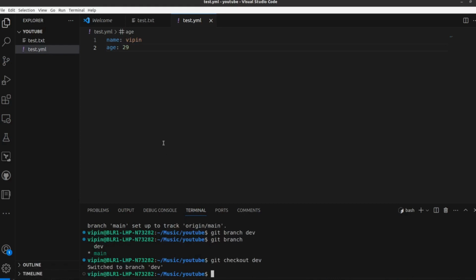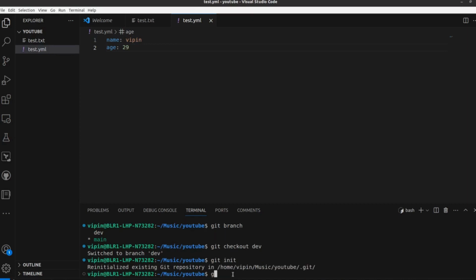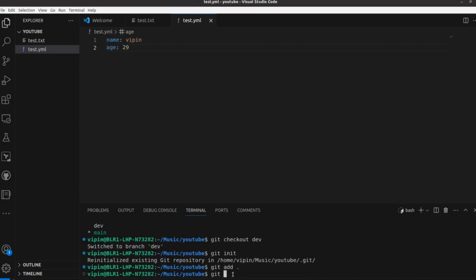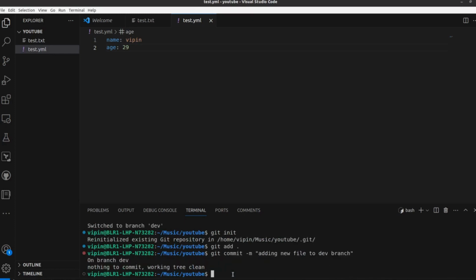Now suppose we want to add whatever files we have to the dev branch. We have to run git init, git add ., git commit -m "adding new files to dev branch".